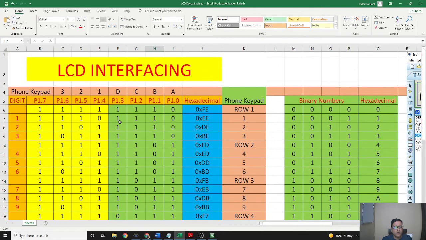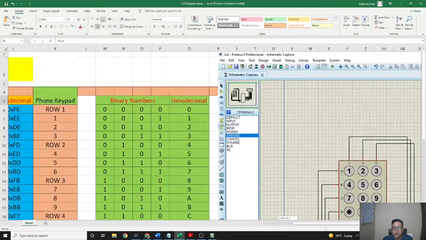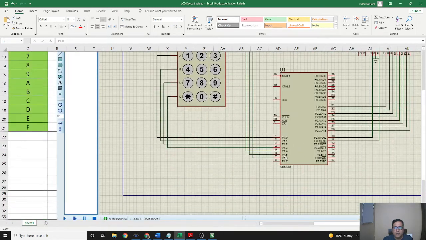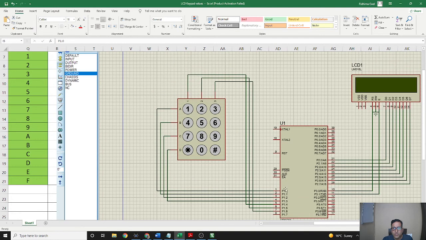So as we know, port 1 is used for the phone keypad. We can see here this port 1 is used to operate this keypad. P1.0 is connected with the A, P1.1 is connected with the B, and likewise.